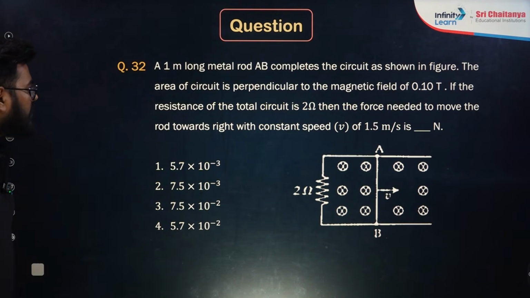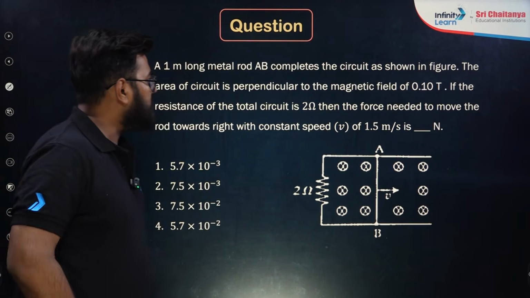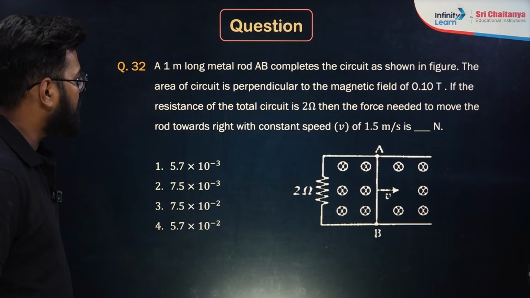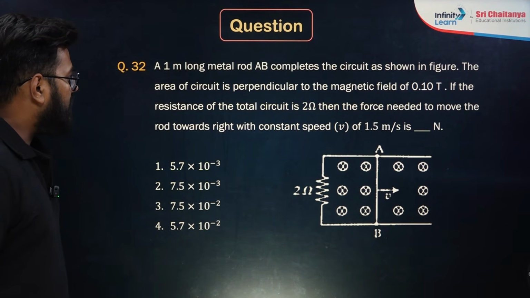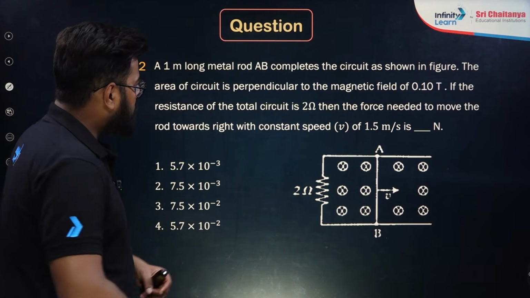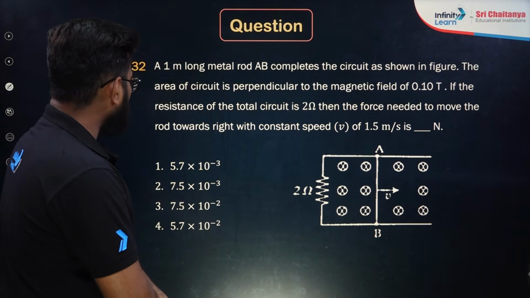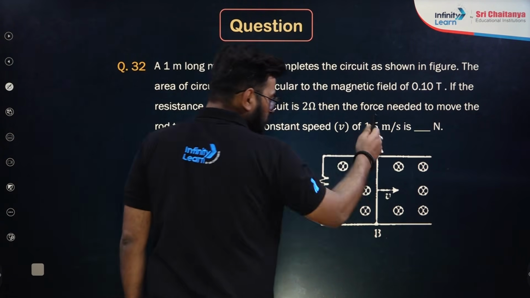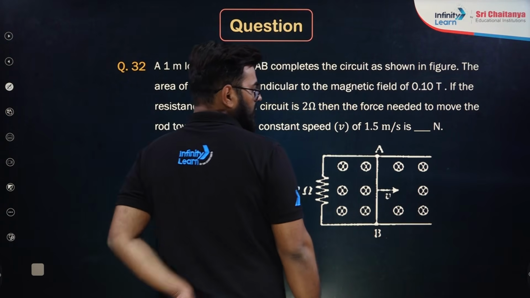Moving ahead for the next one, a 1 meter long metal rod AB completes the circuit as shown in the figure. The area of the circuit is perpendicular to the magnetic field of 0.1 Tesla. If the resistance of the total circuit is 2 ohm, then the force needed to move the rod towards the right with constant speed is. So obviously once you move it, there's going to be an EMF, VBL, which will